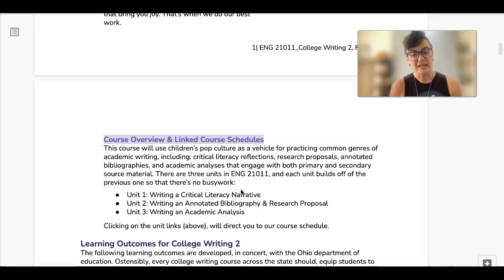So the next thing is an annotated bibliography and research proposal. This is a genre that's actually going to help you in your other classes and your other majors, but is also going to help you in here. So your second assignment actually prepares you for your last assignment, which is to write an academic analysis, so a scholarly paper, a scholarly analysis, which means that you're going to be incorporating academic research about children's pop culture as lenses to kind of bolster your own argument that you're making about a particular animated children's film or series, okay?